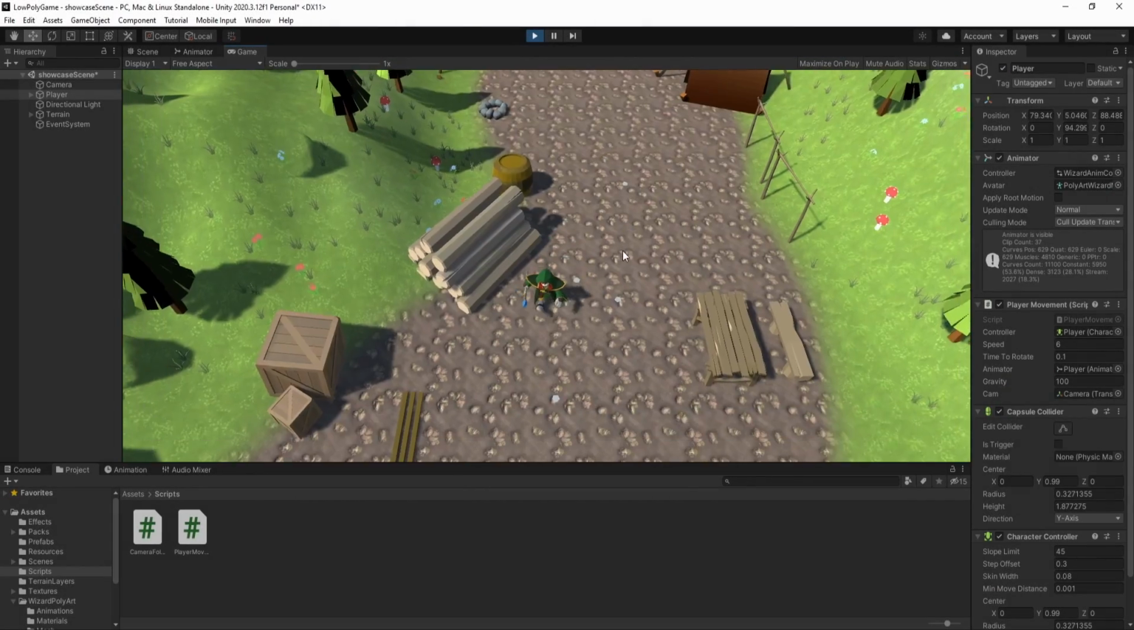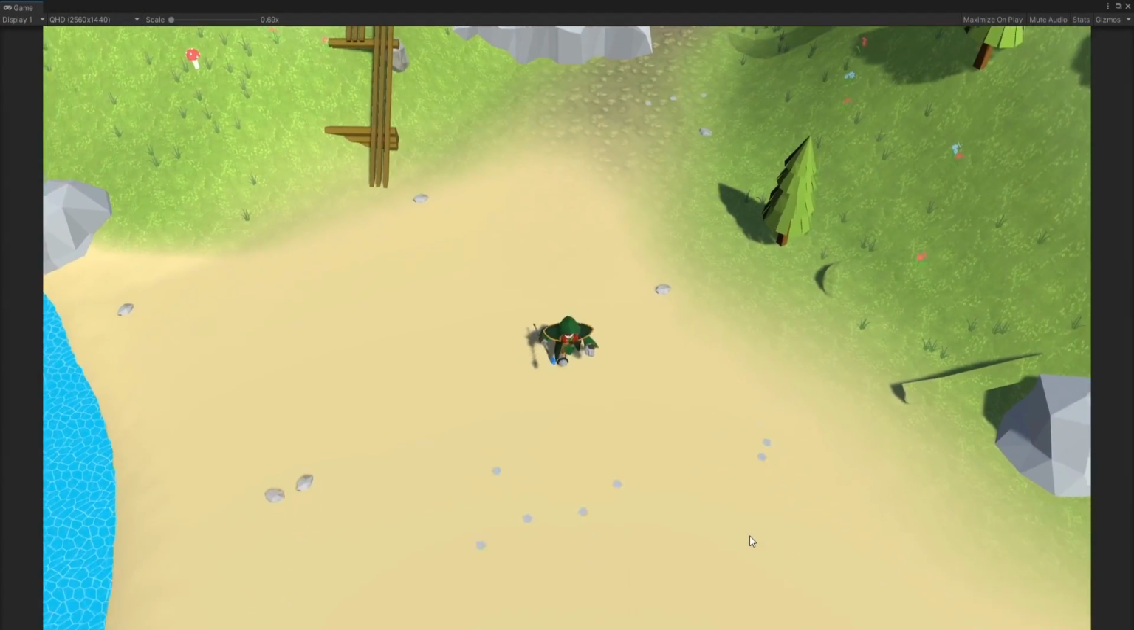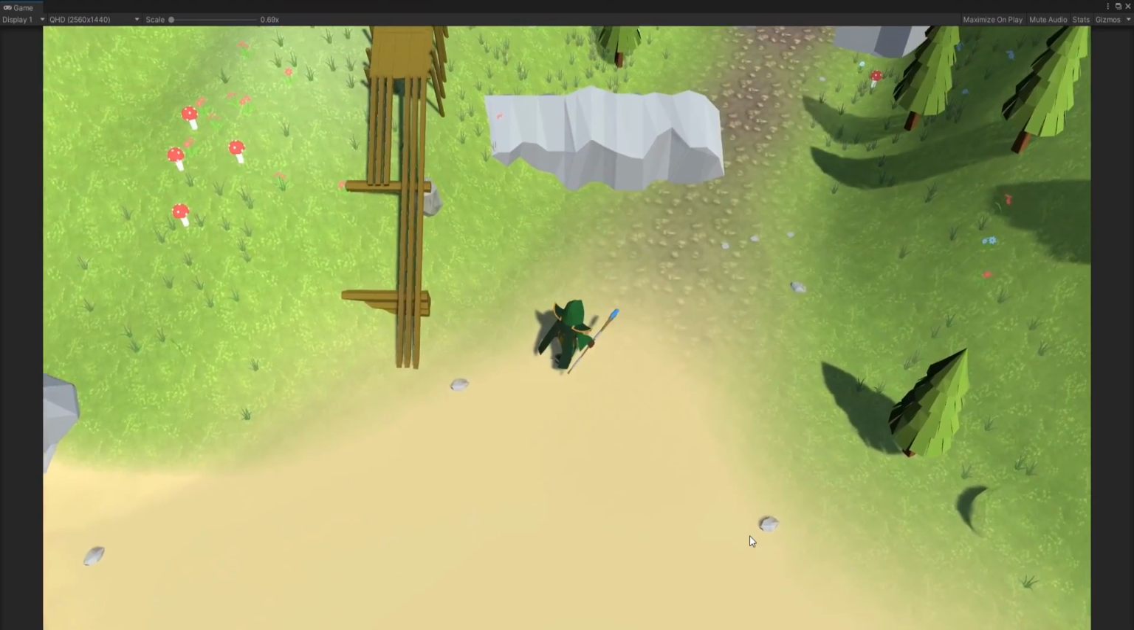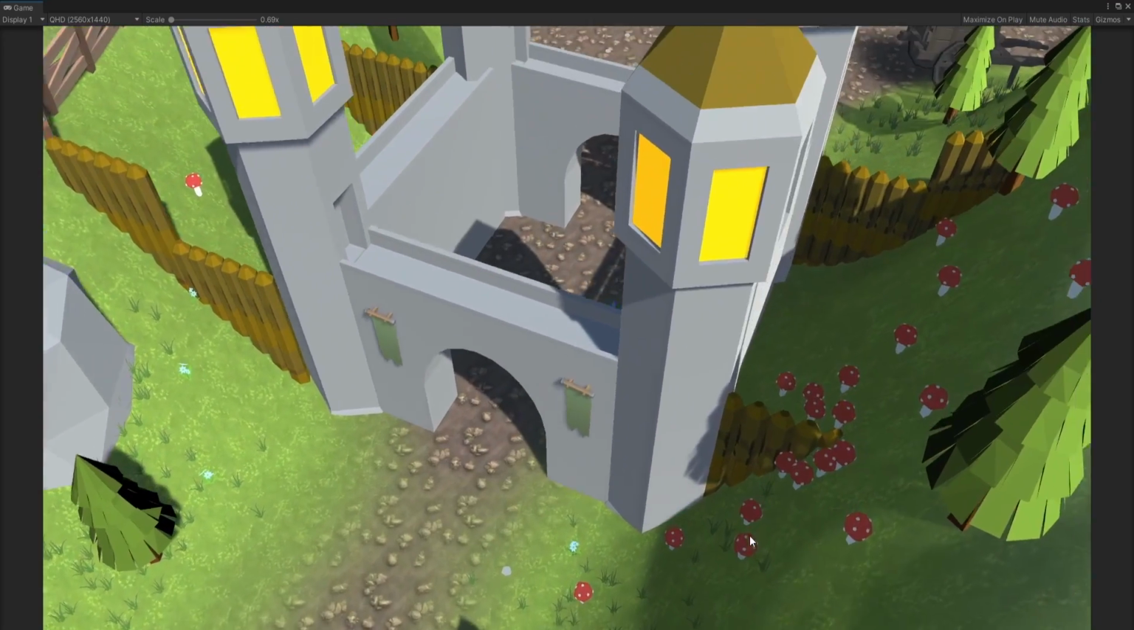Hello guys and welcome back to the second tutorial on making a third-person character controller. In the last video we made the character move when we press WASD and the arrow keys. And now we want the camera to follow him around and also be able to rotate the camera whenever we